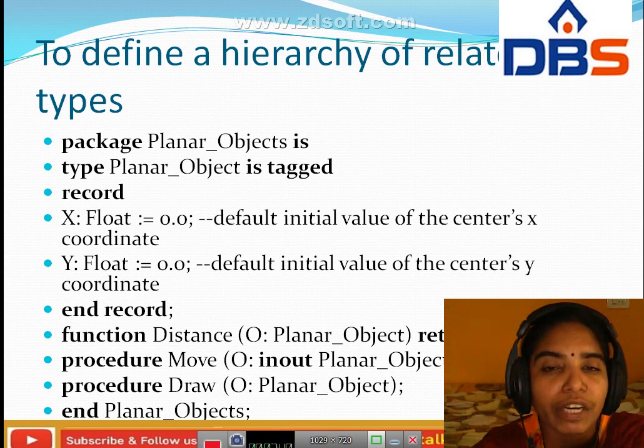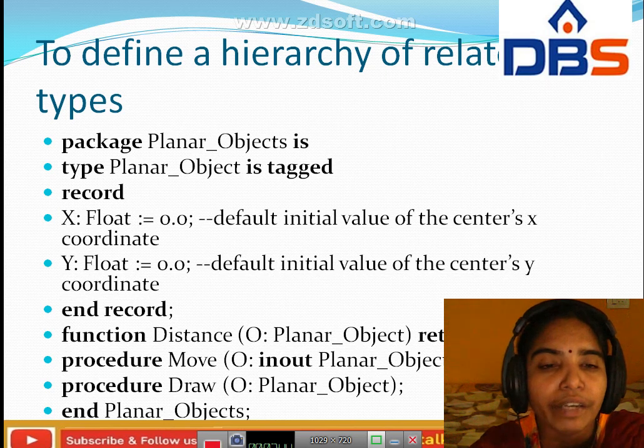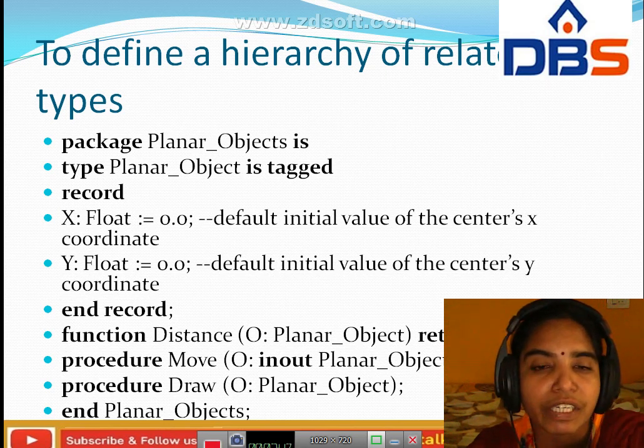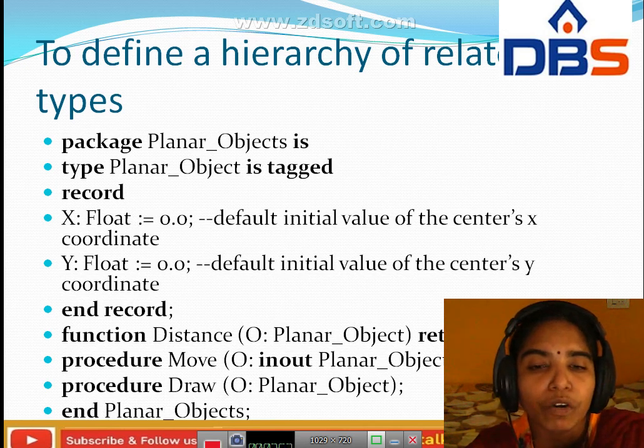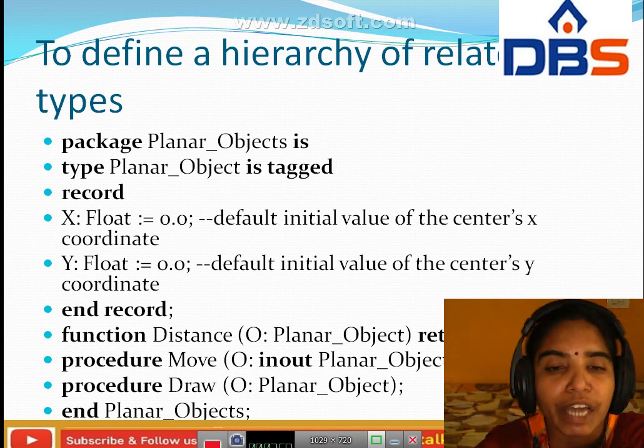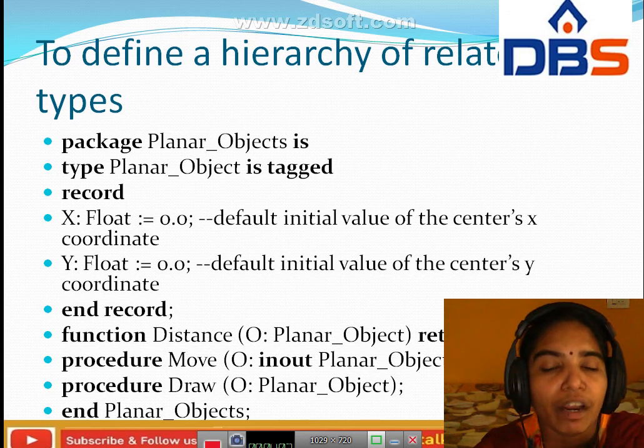Float, the default initial value of the center y coordinate. Then we end the record. Function Distance (Planar_Object) return Float. Procedure Move (Planar_Object in out; X1, X2: Float). Procedure Draw (Planar_Object). Then end Planar_Objects.